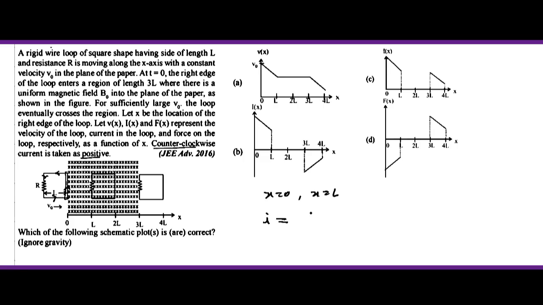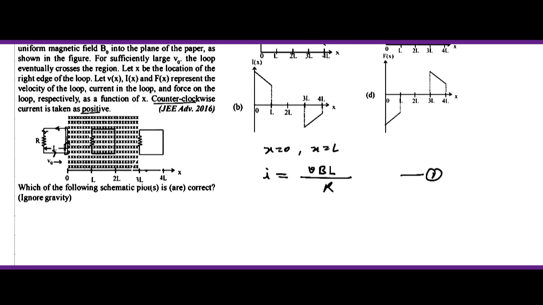वो हो जाएगा VBL, V वेलोसिटी है उसकी, ठीक है, B जो है मैग्नेटिक फील्ड है, L जो है उसकी लेंथ है, और डिवाइड हो जाएगा R से। इसके पास रेडियस क्या है, R है। क्योंकि ये जो VBL है, ये इंड्यूस्ड इलेक्ट्रिक फील्ड है, ठीक है, तो ये डिवाइड बाई R हो जाएगा, तो हमारे पास करंट आ गई। तो लेट से ये इक्वेशन हमारी फर्स्ट है, करंट हमें मिल गई है, ठीक है। इसकी डायरेक्शन क्या है, काउंटर क्लॉकवाइज, काउंटर क्लॉकवाइज, ठीक है।